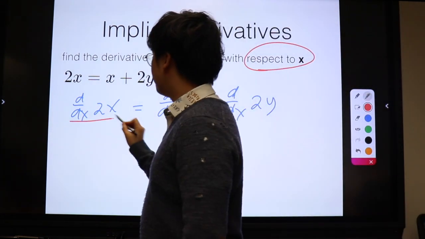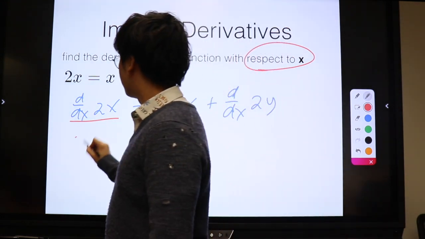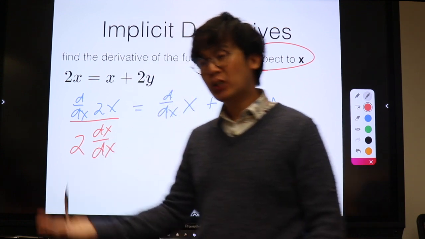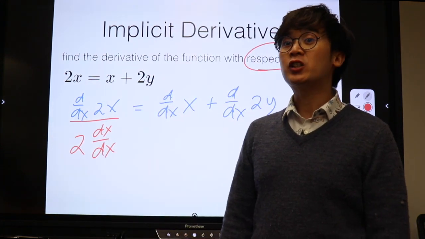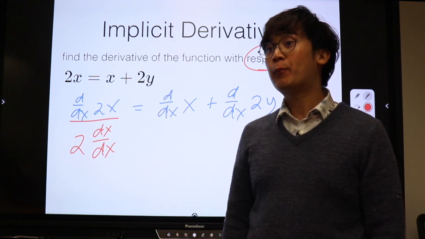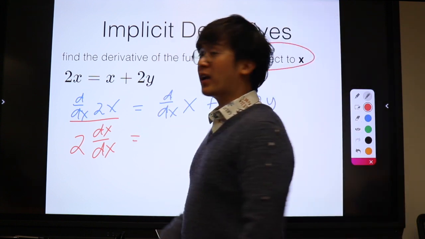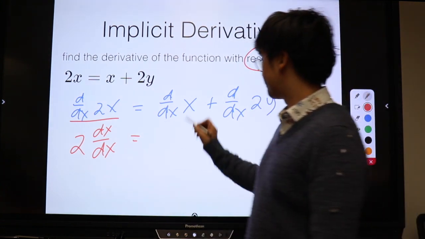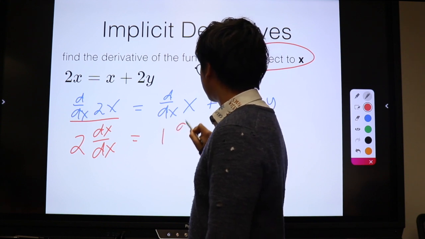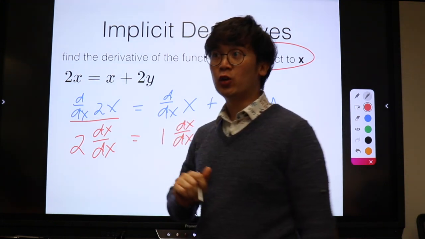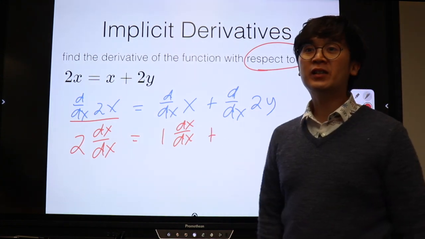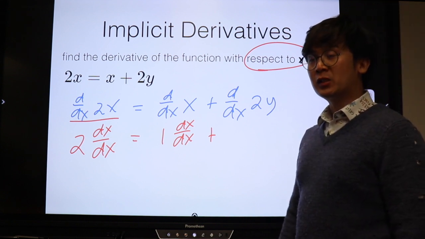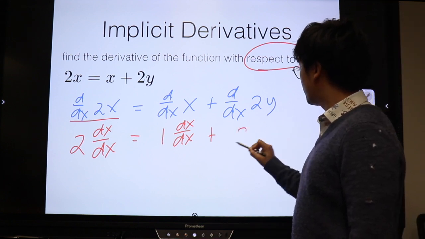For the first term, the derivative of 2x is simply 2 dx over dx. So technically, this is how the differentiation process works using the proper notation. In the same way, what is the derivative of x with respect to x? 1. So this is just 1 dx over dx. Plus the derivative of the third term, 2y. What is the derivative of 2y with respect to x this time? It'll be 2